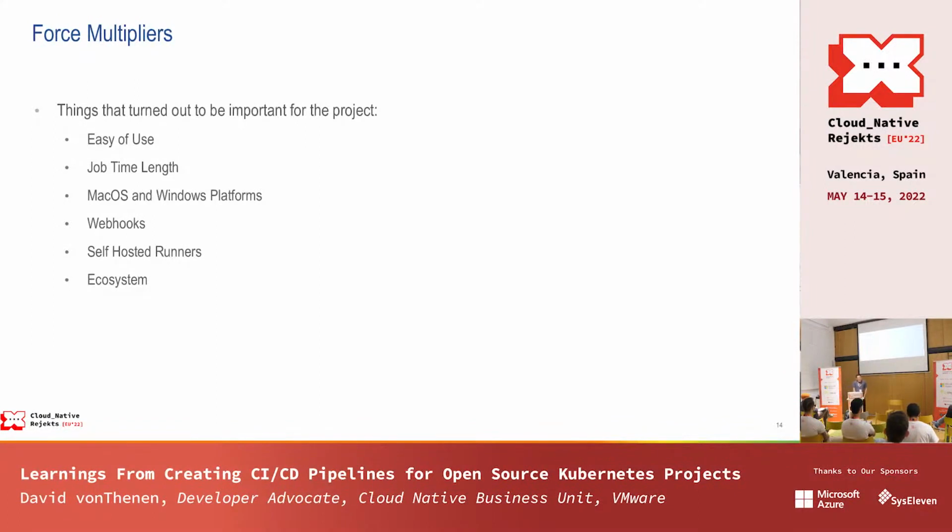And then the other two are webhooks and self-hosted runners. The webhooks I found were completely instrumental in what we were doing. The reason is you don't want to build a system from scratch. You can spend all of your time doing that, but it makes a lot more sense to use a system where you can hook in and kick off certain things, so that you can add or extend functionality for those CI systems.